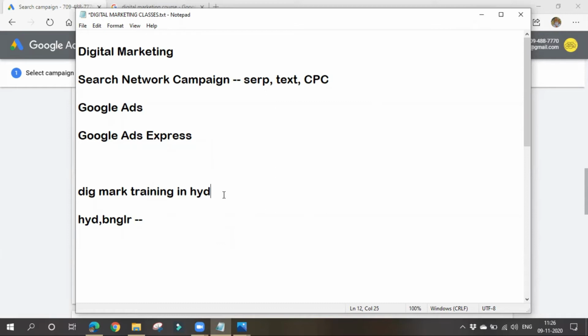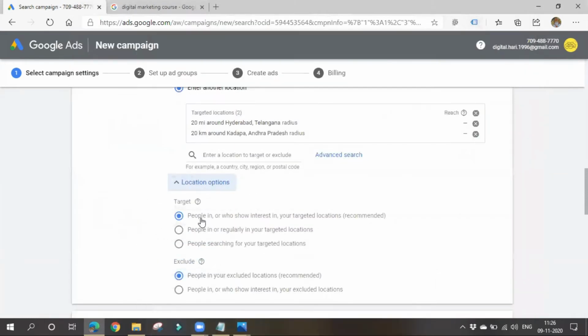If I want to show my ad to these people also, then you can choose the first option: people in or who show interest in your targeted location. If you choose the first option, your ad will be shown to people who are residing in your targeted locations, as well as those who are searching for your business on Google. So these two options will also be covered in the first option. So I'll choose the first one only.